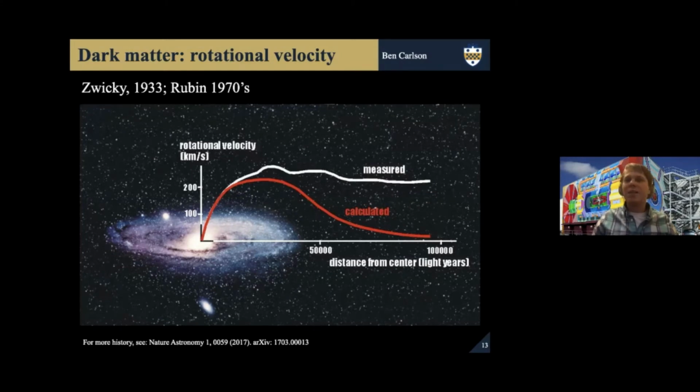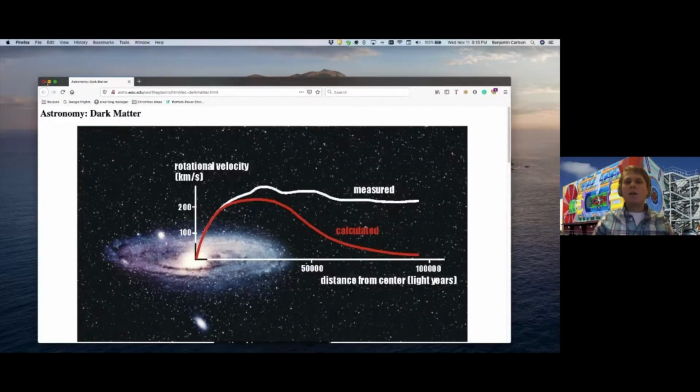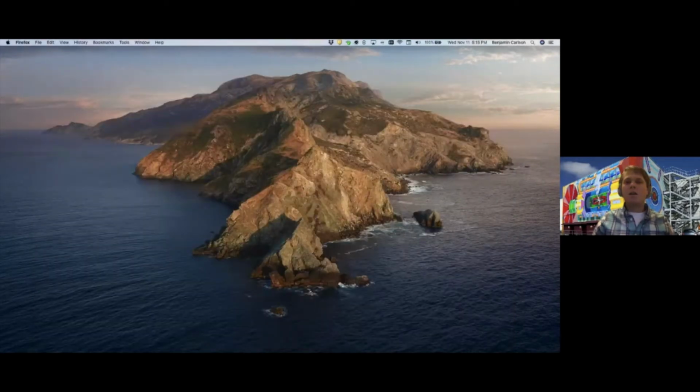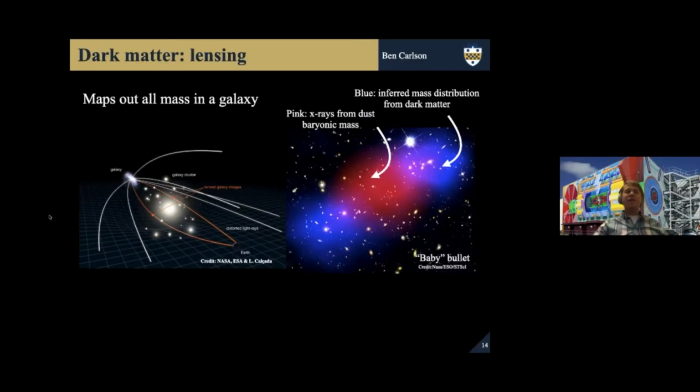It turns out that since then, there's a lot of other lines of evidence for dark matter, one of them being gravitational lensing. This is really an interesting one because if there's a very distant galaxy and there's some dark matter in front of it, then the light from that galaxy will be lensed or bent around that mass because space-time is curved here. And so astrophysicists use this technique to infer the location of dark matter,